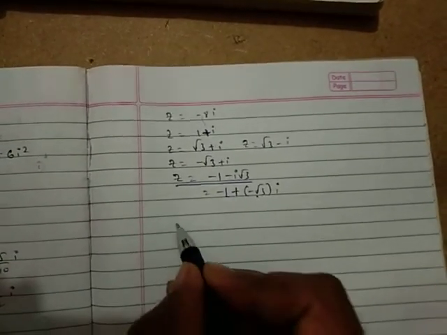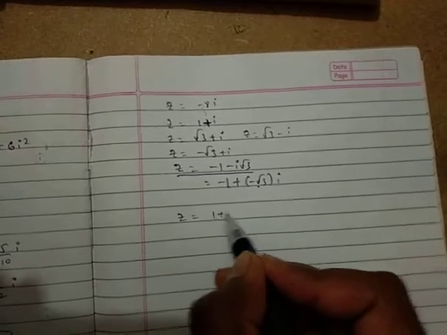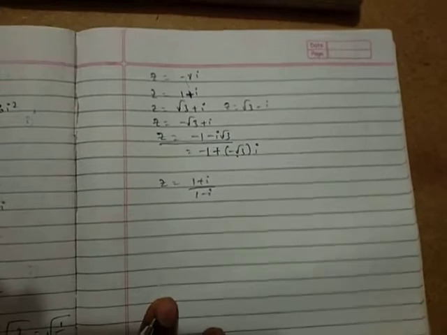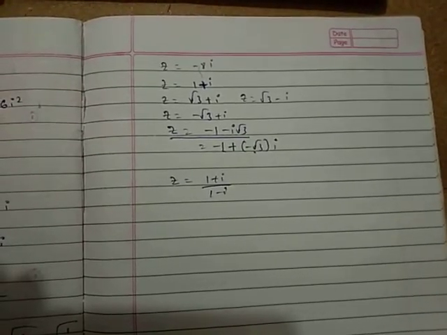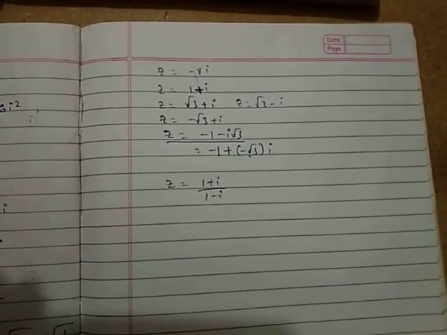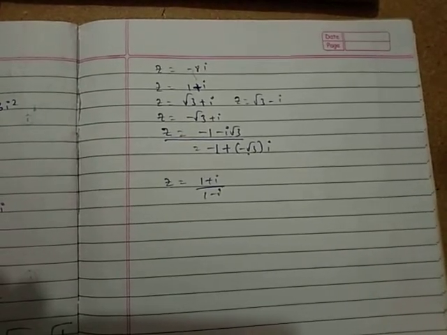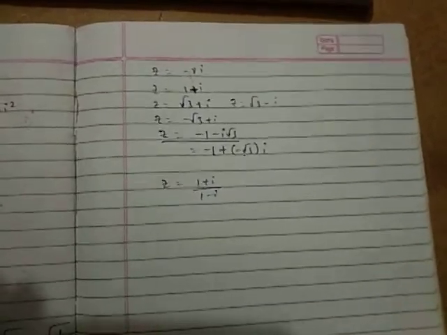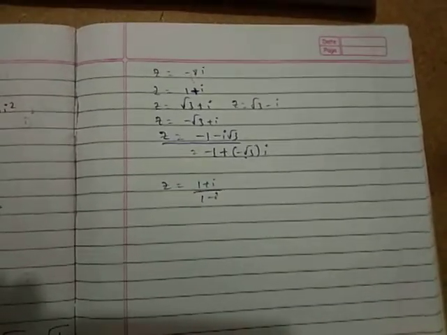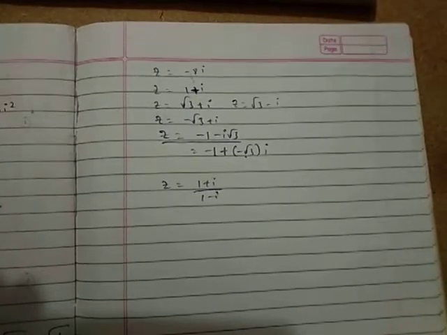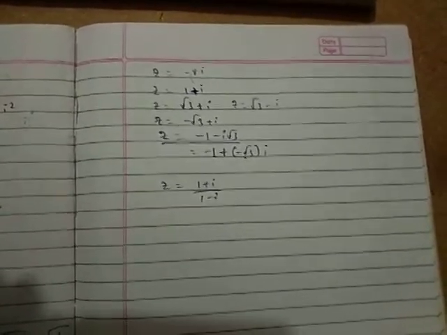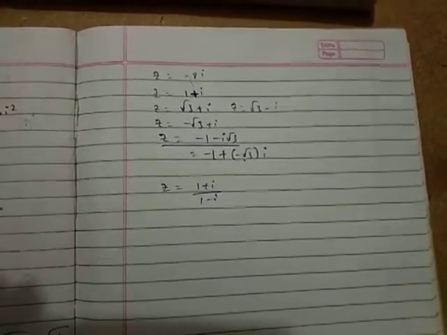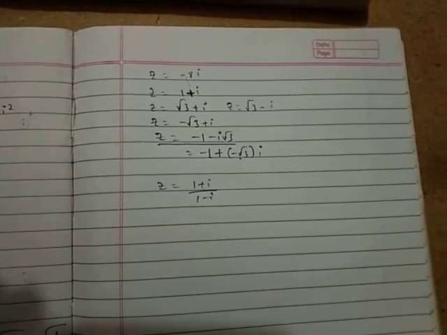Then the next one, z is equal to 1 plus i divided by 1 minus i, which is similar to the previous problem which we have solved here. We need to multiply the conjugate of the denominator in both the numerator and denominator. Then we convert these into the standard form of the complex number. Then we need to analyze the values of x as well as y. Then we find the modulus, which is equal to root of x square plus y square, and we need to find theta by using the signs and the corresponding values.